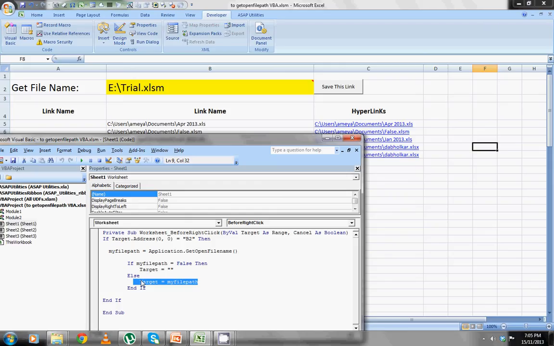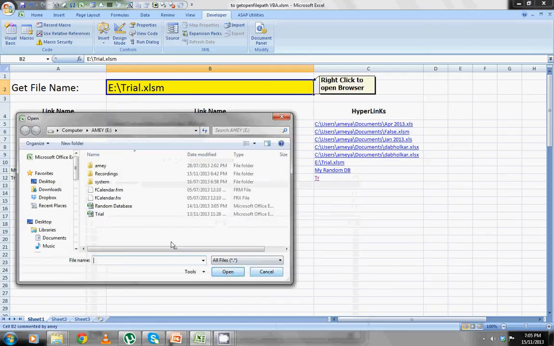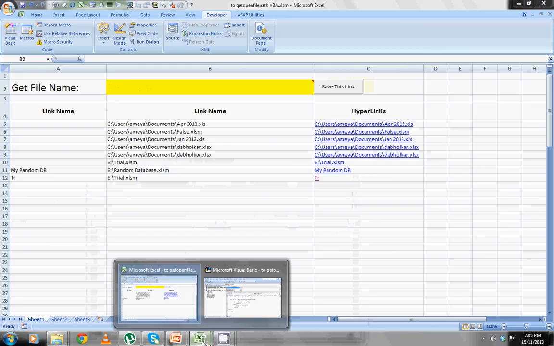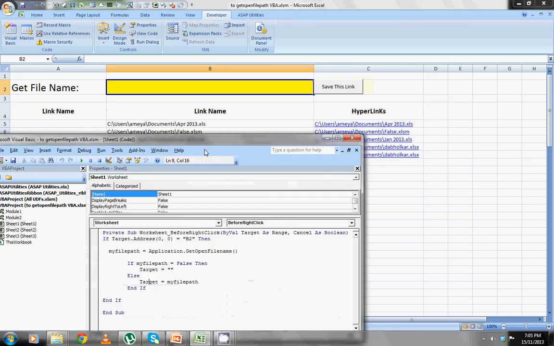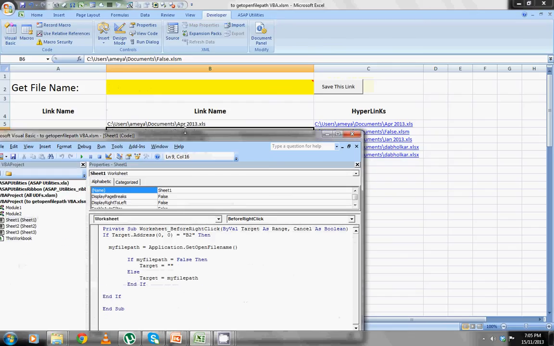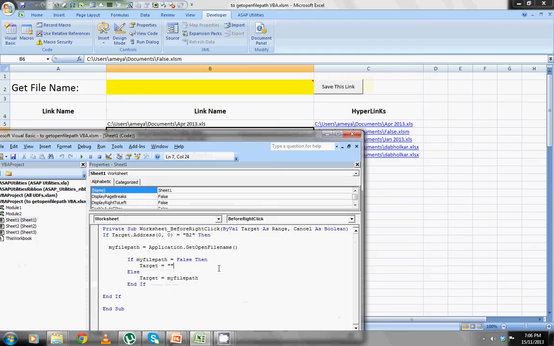If something goes wrong, we select okay, open. If something wrong which does not exist, then this will be null. That is a good advantage here, and this also saves time, like if you want Word documents, Excel documents, PowerPoint documents, any type, VB script also, etc. So if my file path equals false, then target equals null, else target equals my file path.